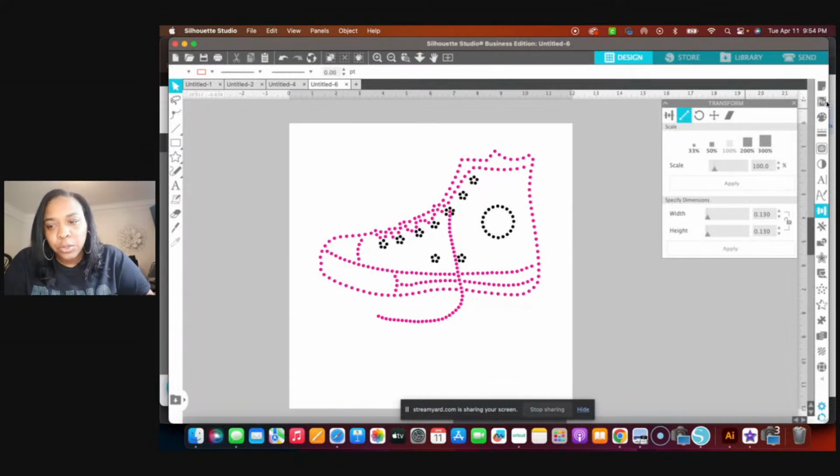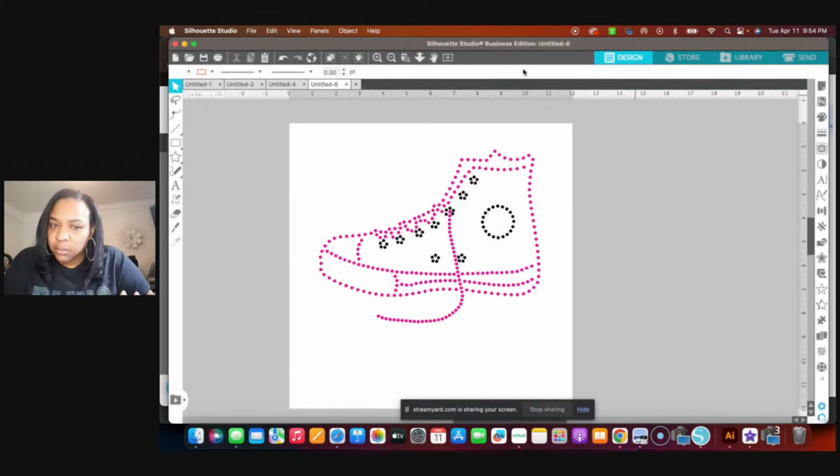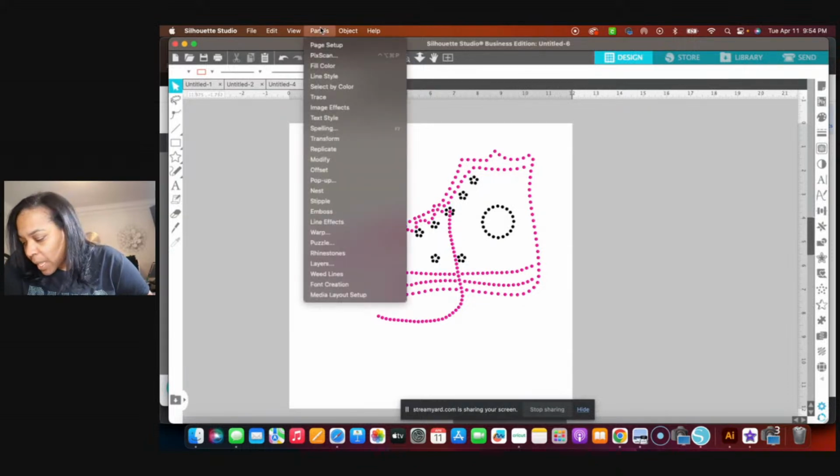There is a way to kind of bypass that. So we're going to go up to the panels, and then after the panels,